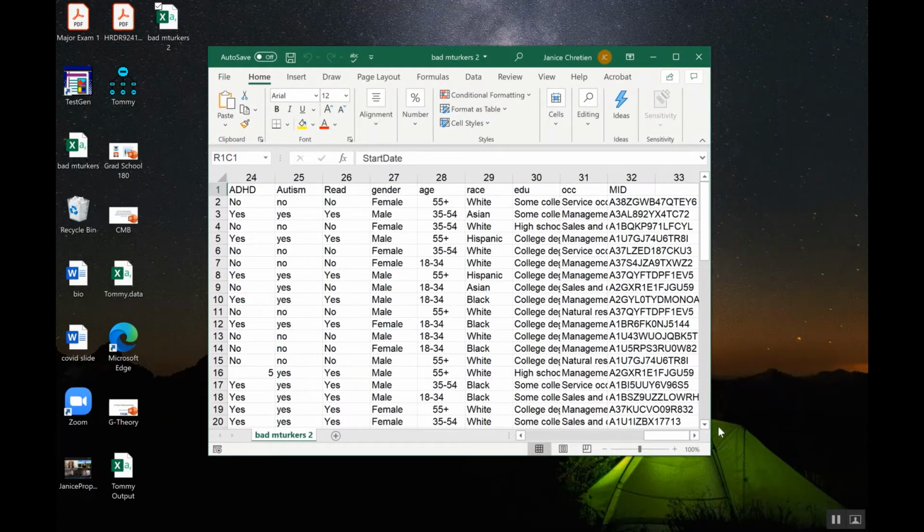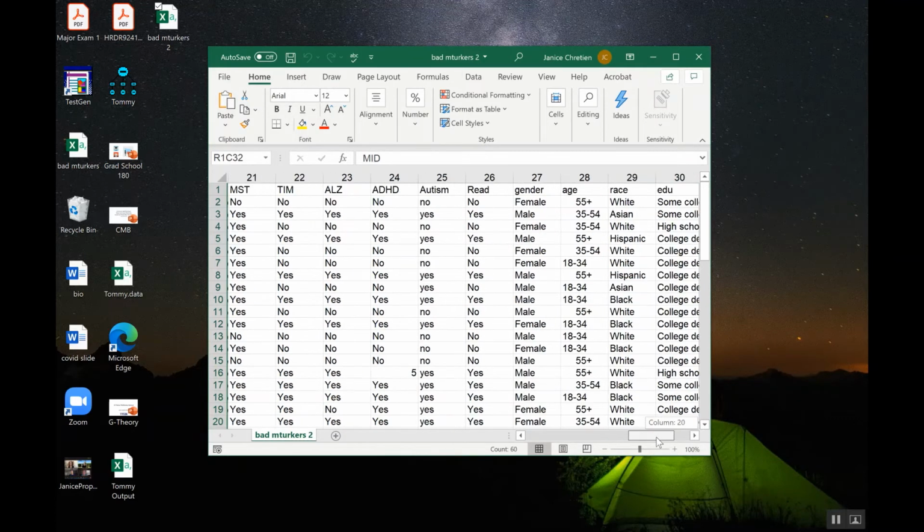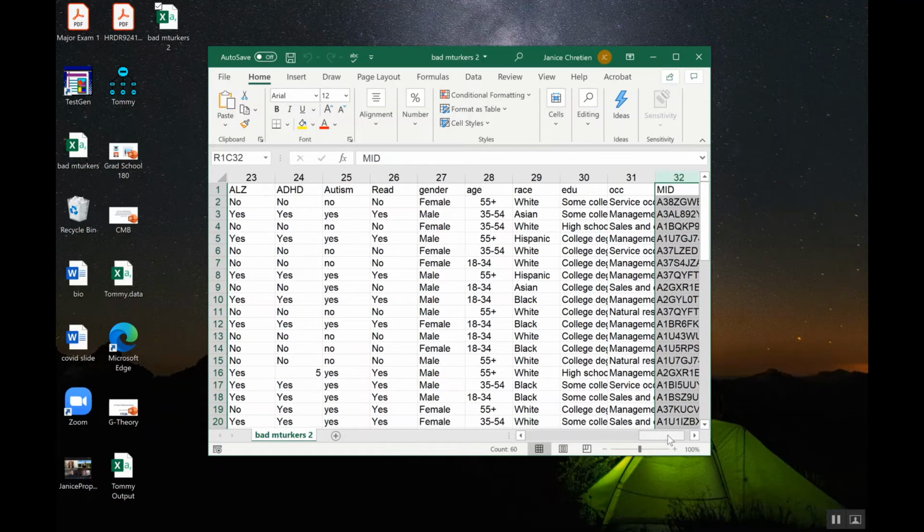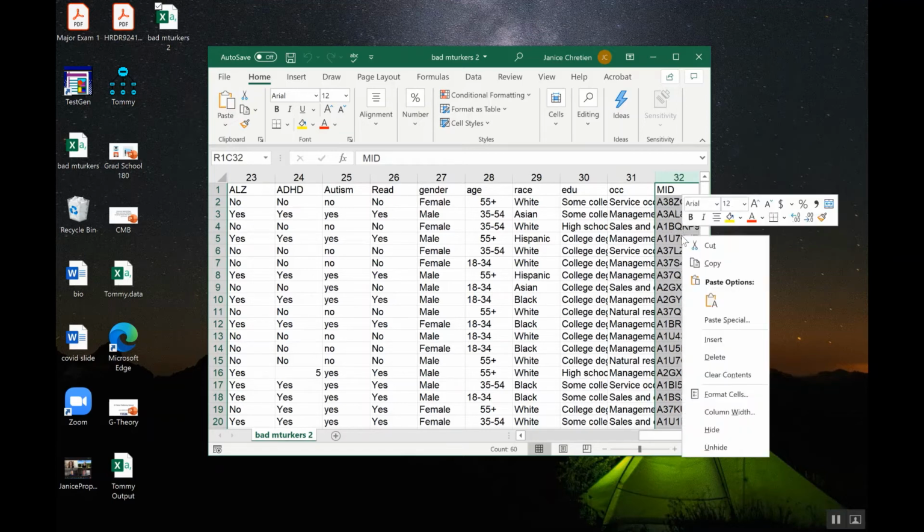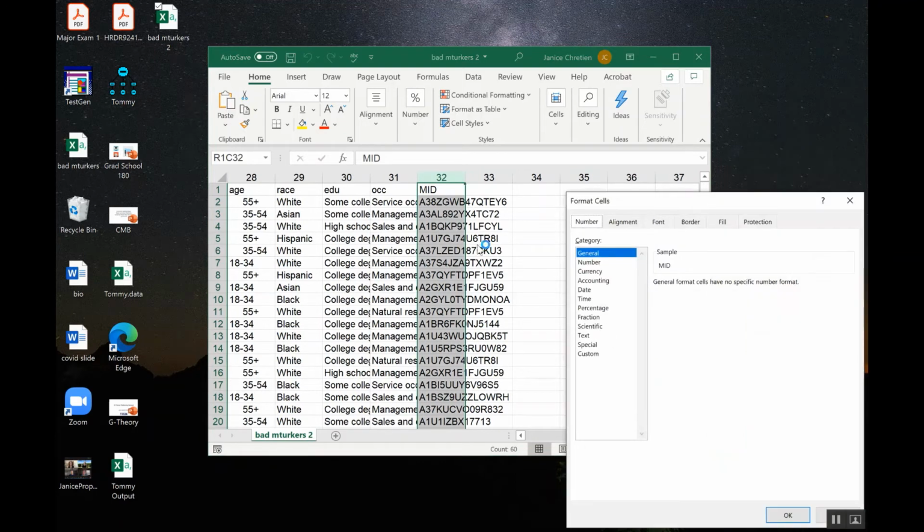The easiest way to do that would be in my CSV file that I already have all the worker IDs in. Again, I don't want to show the whole thing. What I do is I highlight, and then I right click. I click Format Cells,